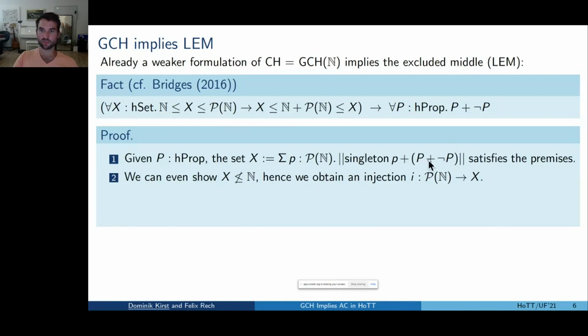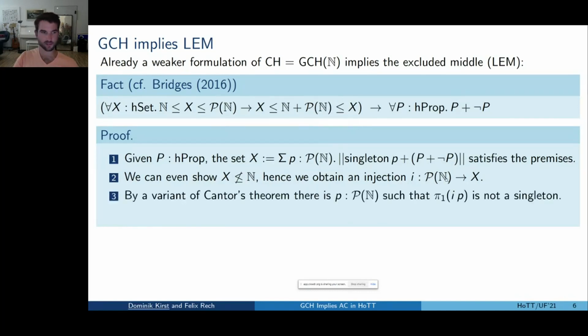So we have a proof of P or not P, but in the second we have a proof of P or not P, this whole set blows up and becomes the full power set. So we can refute it again using Cantor. This means that only the right-hand side here can be true, so an injection of the power set of the